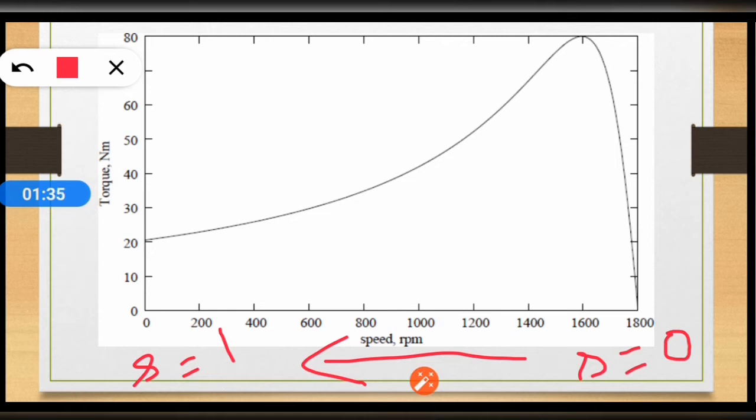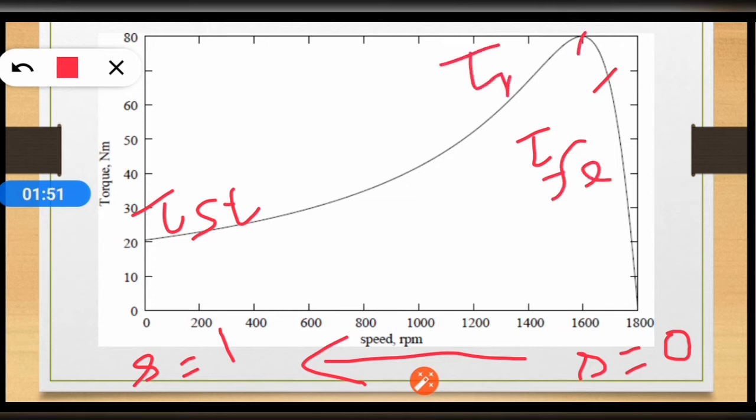If we talk in terms of torque, this torque shows the starting torque, about this value of the torque is known as full load torque, and this torque is known as maximum torque. So this is all about what we studied in the previous lecture. Now moving forward,